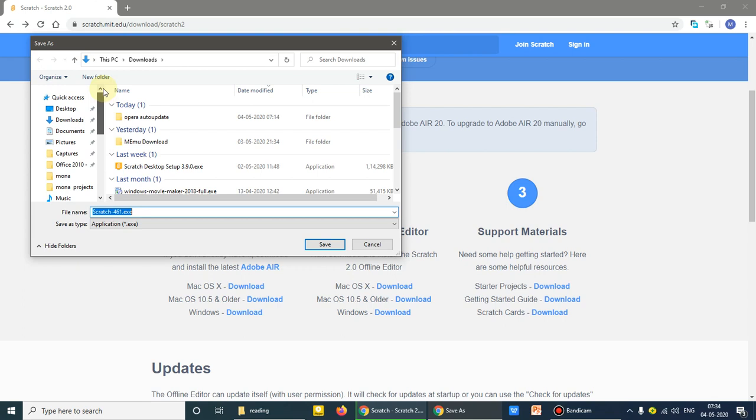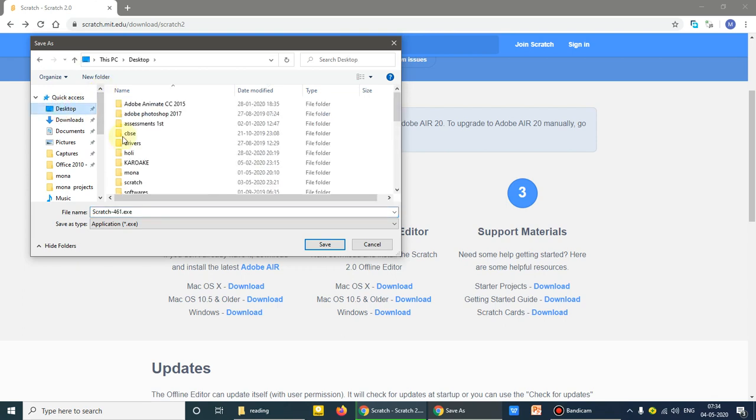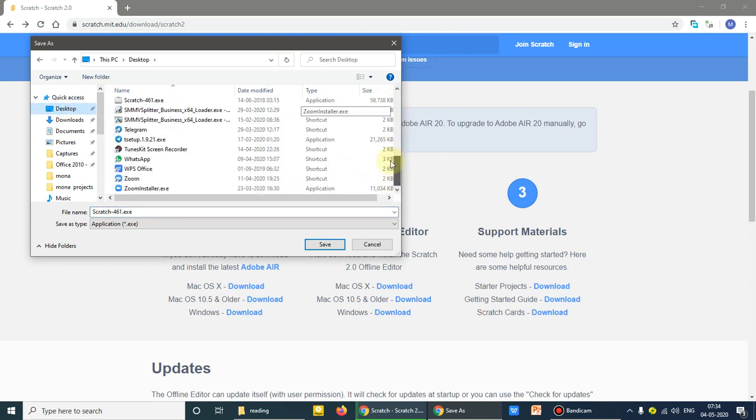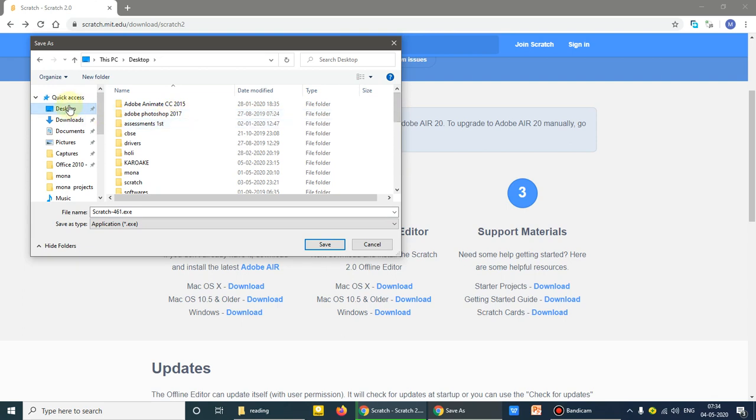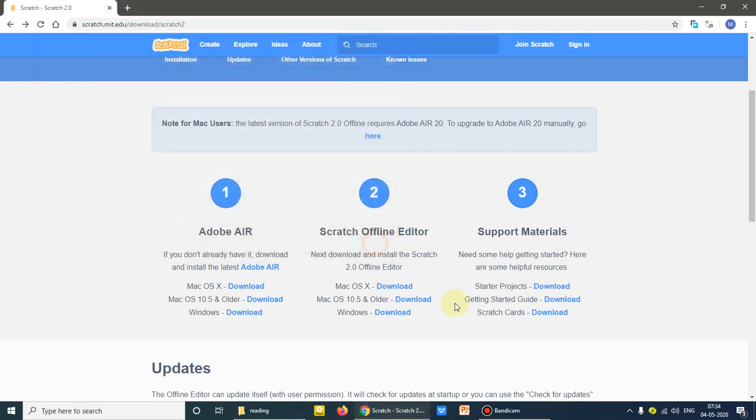You can directly put it on the desktop also, so that it is easy for you to see where you're downloading, desktop or whichever folder you feel like, so that after downloading you can find that software. Okay, so if I click on save, it will start downloading. I'll not do it, I have already downloaded. So I hope it is clear to you how to download.